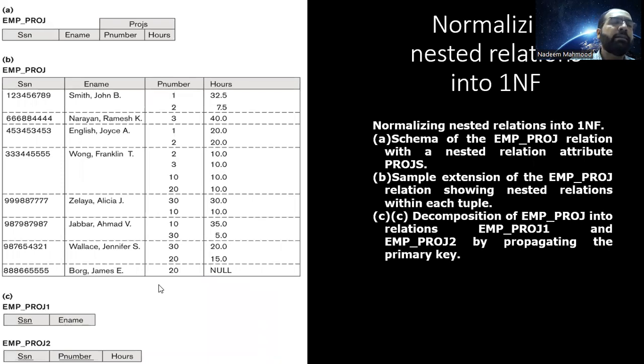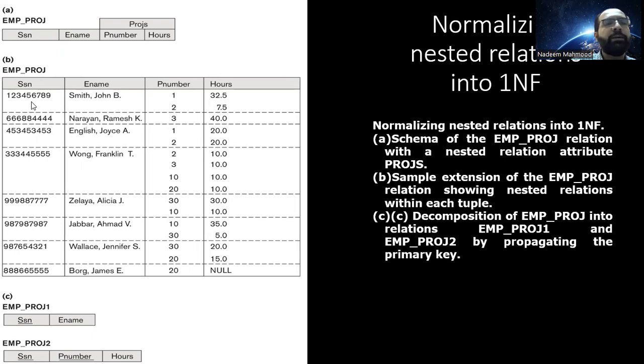Similarly, another example. If you see this particular example, here we have a relation called employee project, where we have SSN, which refers to an employee's SSN number, his name, project number, and hours, which is related to the project. Here we populate this table with certain values, so you can understand what kind of anomalies are here. Here you can see that this SSN,